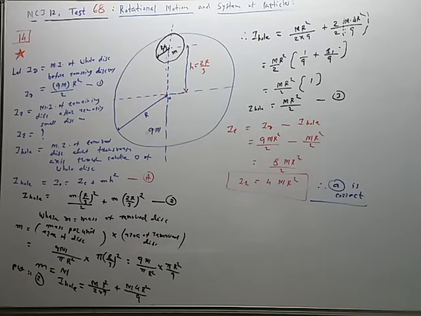The radius r/3 is given to us. So (r/3) square. So this m is equal to m. So this mass is capital M and this total mass is 9m. That means we have removed 1/9 part of it.